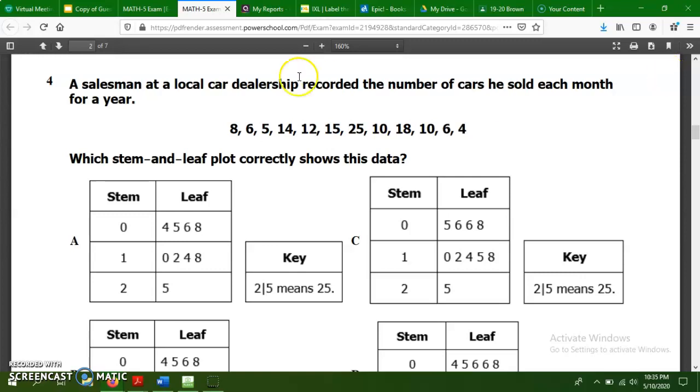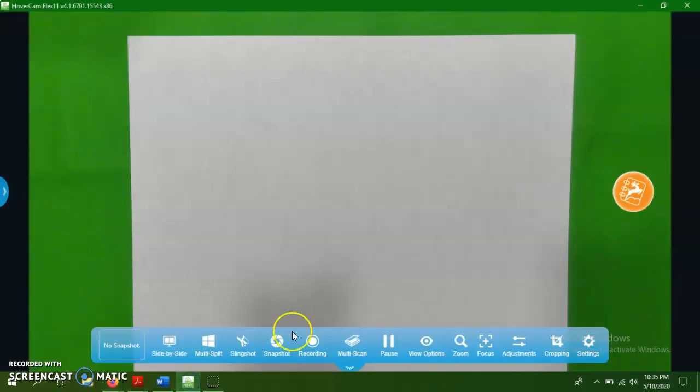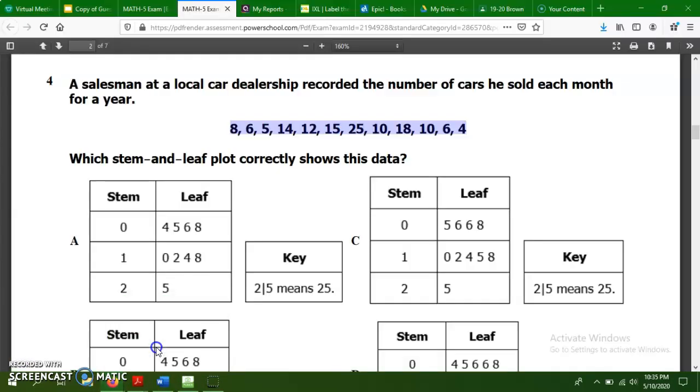Now, you basically had a set of data that you had to create a stem and leaf for. So the first thing I would have done is taken all of these numbers and I would have written them in order least to greatest on my thinking paper. So I can tell that my very first stem would be my single digit numbers. 4, if I'm going least to greatest like I always want to do with my data, 4, 5, 6, 6,